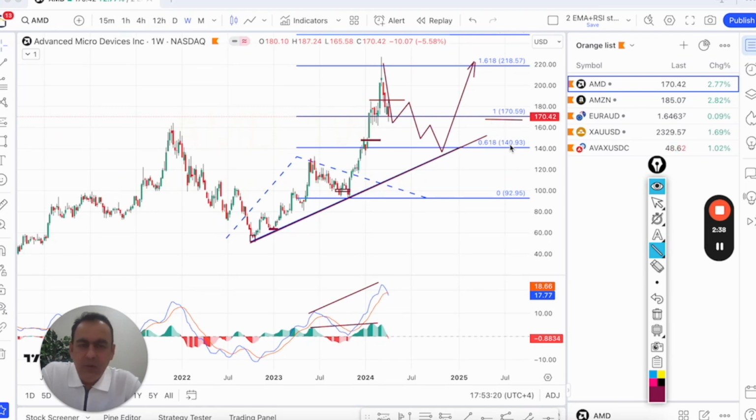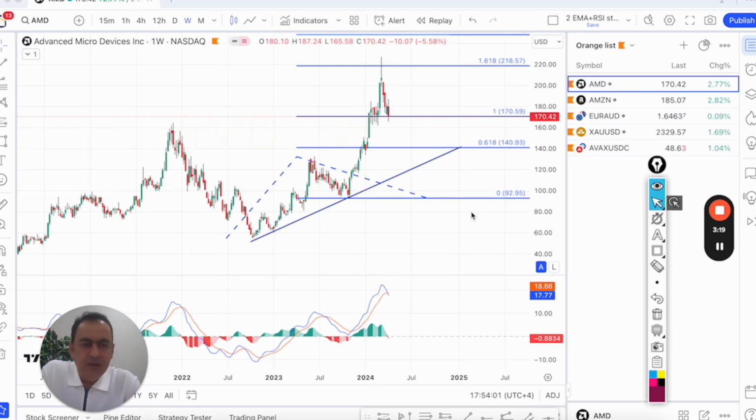So 140 is the right level to get into the buy setup of this stock. So you can enter at 140, or if you want, you can start getting into the market from the current level, but not with the full amount. So whatever amount you want to invest into the stock, you can start buying at the dips. So your average price will be from 170 to 140, so maybe 150. So if you average out, or you can wait if it reaches 140 to minimize the risk,